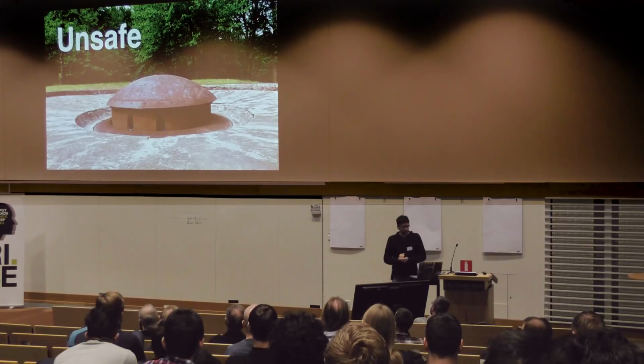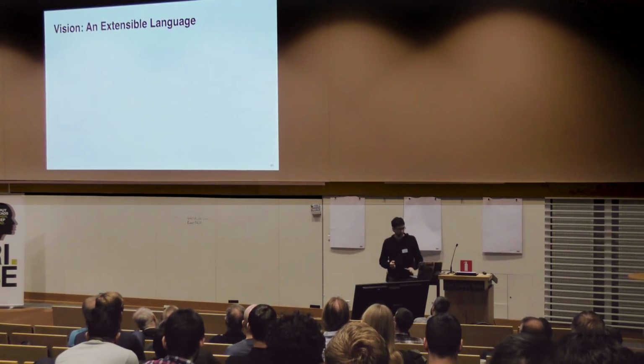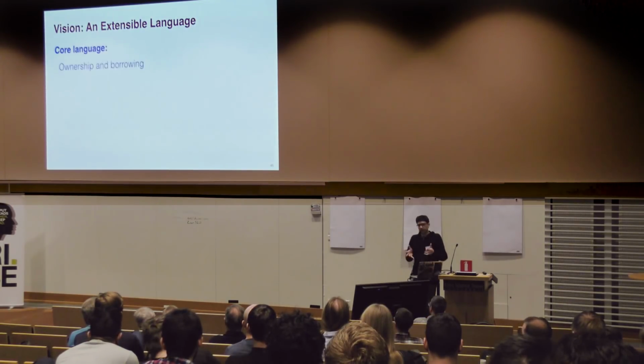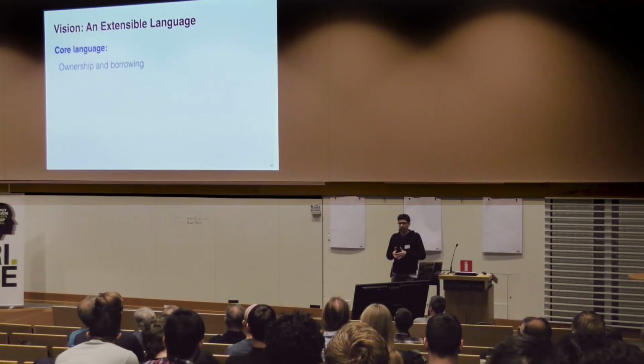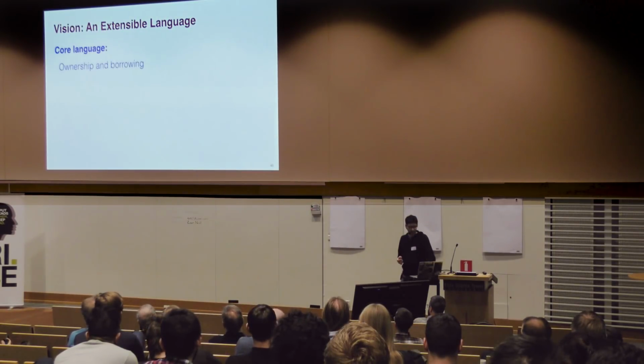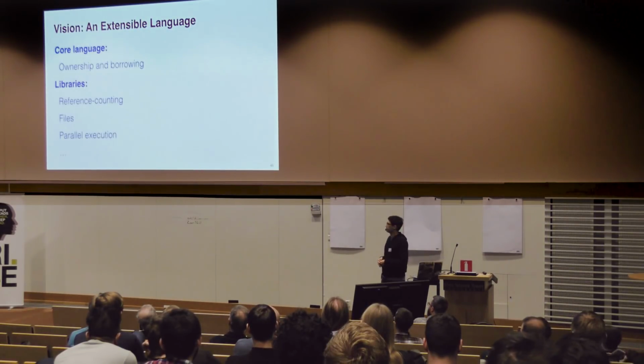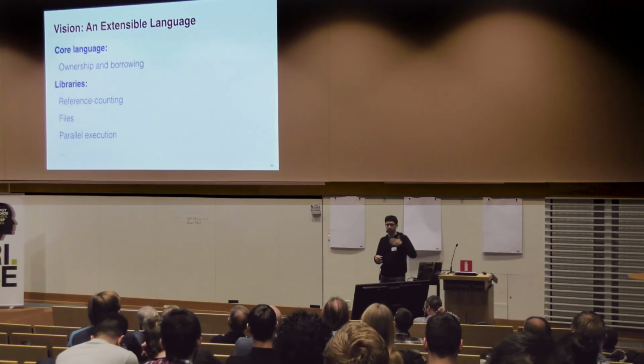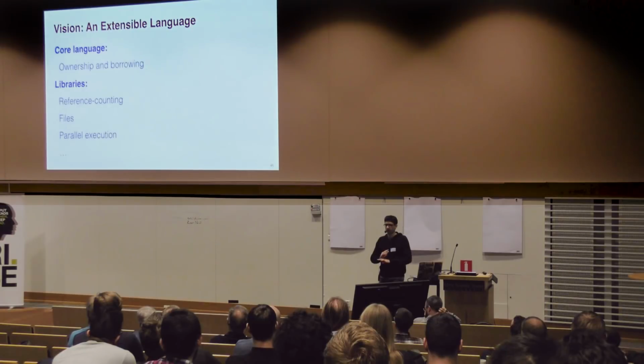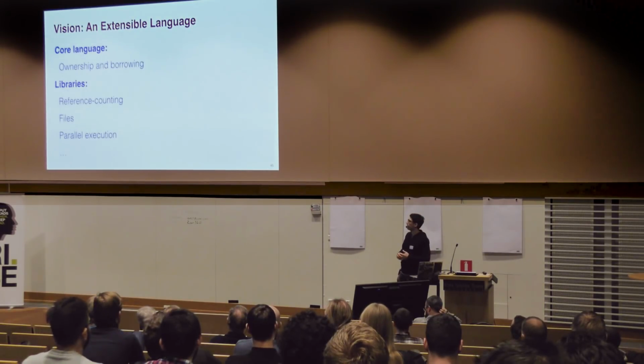So Rust has this notion of unsafe Rust, right? And our vision here is that we want it to have an extensible language. We want to have a language with a relatively simple core that lets you write libraries that do any crazy thing that you could imagine, right? And there's lots of stuff that ownership and borrowing can't directly express. So we saw mutexes. I have this fork join that's work stealing. I guess I didn't say it was work stealing, but the Quicksort implementation uses a work stealing thread pool under the covers and so on.